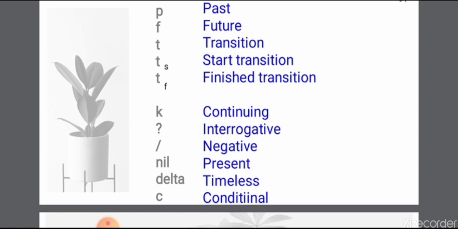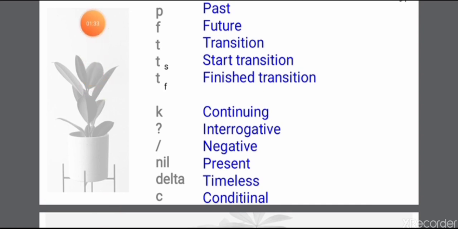So these are the set of conceptual tenses. It was also proposed by Schank in 1973. Okay,